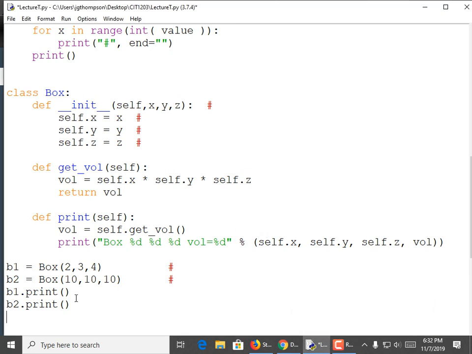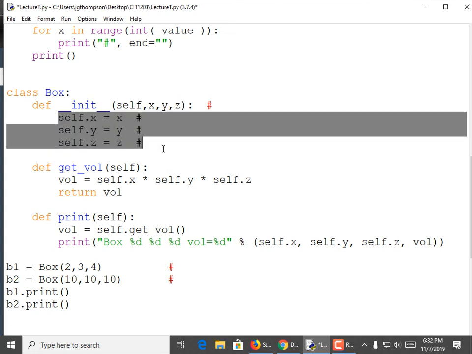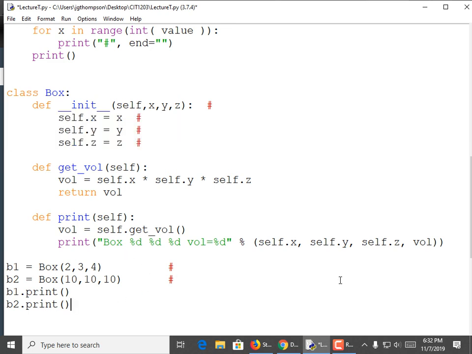We can also access those variables directly, where it says x, y, and z. There's nothing stopping us from accessing them. If you program in another language like Java or C++, you can make these variables so-called private, meaning that we can't do what we're about to do. But in this language, there's nothing to stop that. So if we feel like saying b2.x equals 99, and then we feel like saying b2.print,